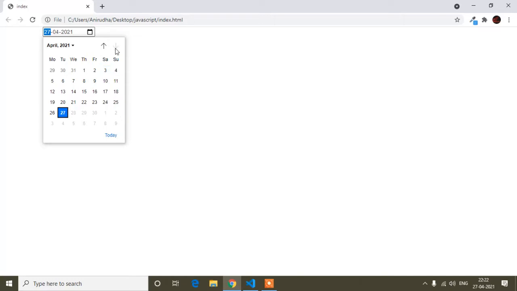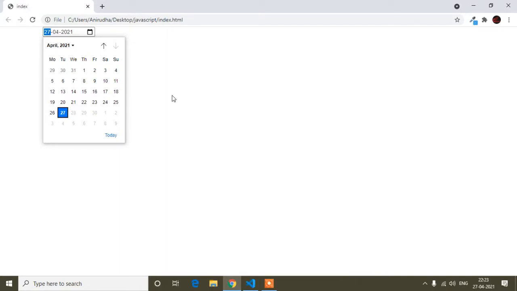And guys, I will show you what method I use. Using this method you can disable the future date in any date picker, whether it is the Bootstrap date picker, jQuery date picker, or Material date picker. I will try to explain it in a very simple way. So guys, keep watching this video and don't skip.